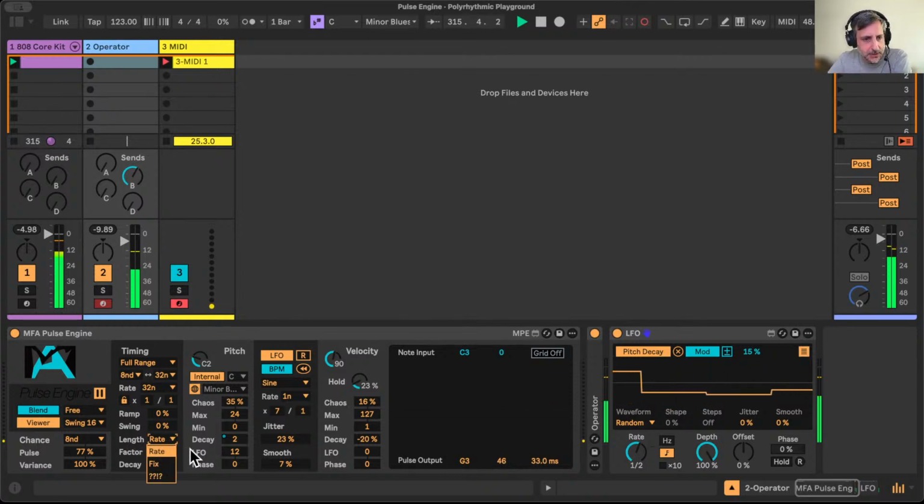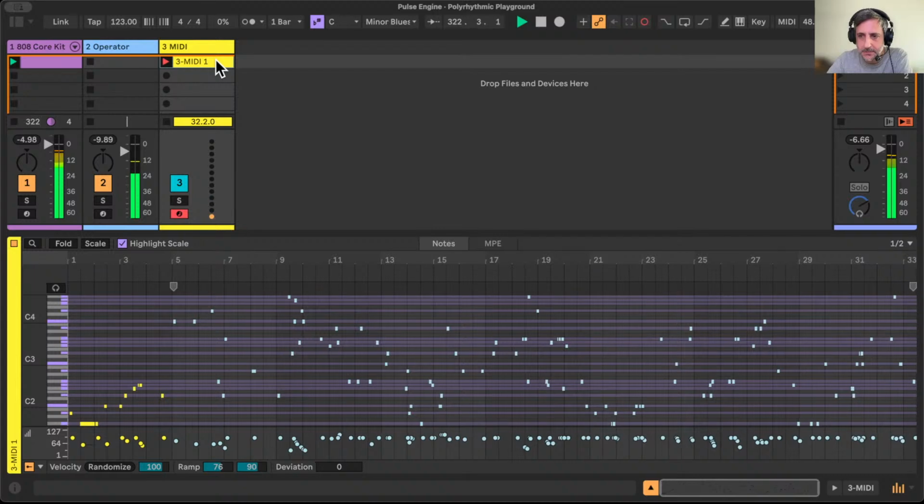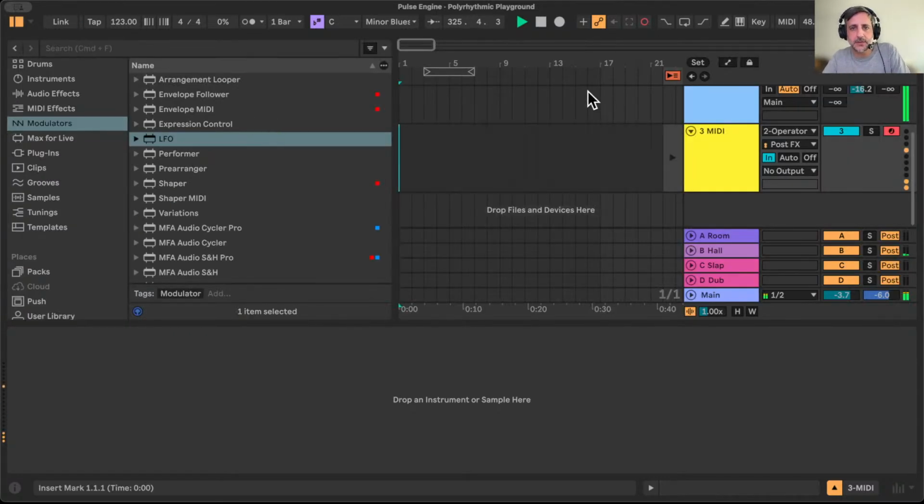And we have different ways to control the length. The length can also be set to a random mode. So we'll get a random length. The decay will still be relative to that. And yes, I'm still recording. Still going in there. But yeah, so we can also record this quite usefully, I feel, to take lanes,